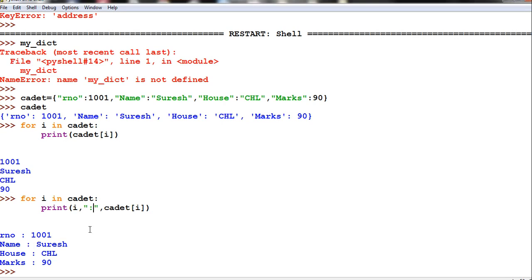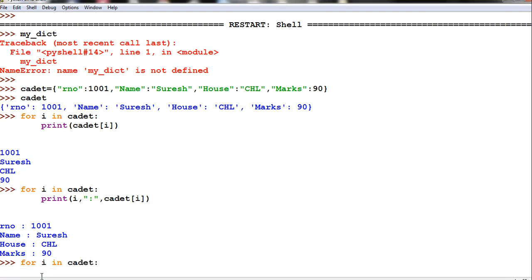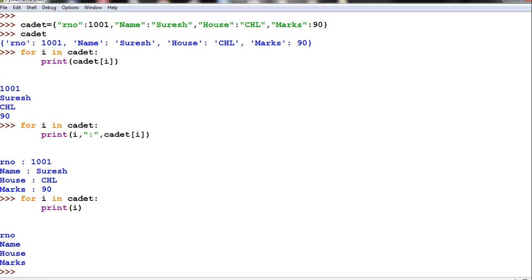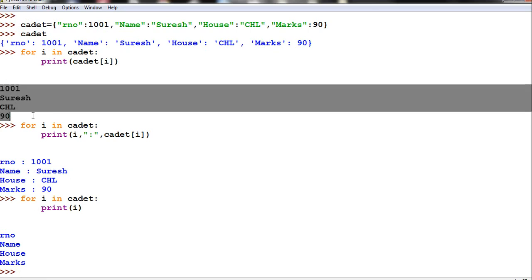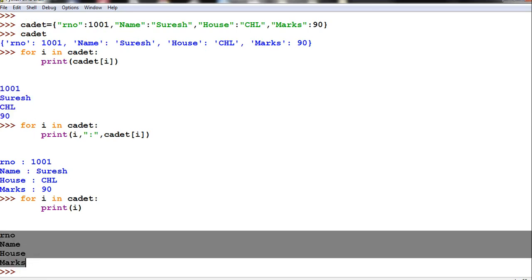If you are interested only in the value, you print the value. Suppose you want to print only keys. What can you do now? For i in cadet, print i. I am interested in printing only keys. See, only keys are printed. Only values are printed here, only keys are printed here.